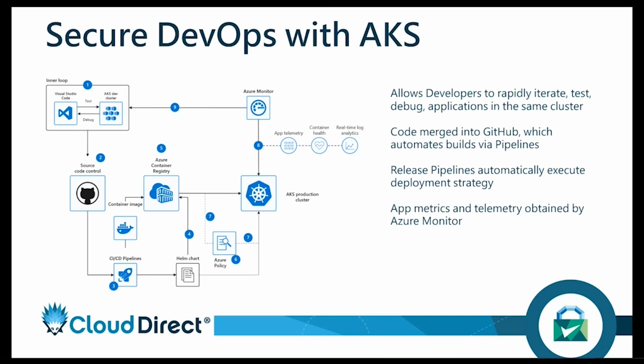So that's the last example I've got for the reference architectures, using policy and Azure Monitor to make sure that we enforce some secure components to the DevOps release, with AKS at the heart of it. Any questions? Otherwise